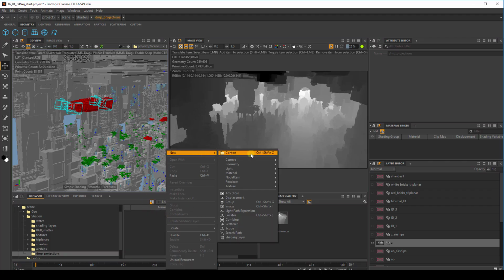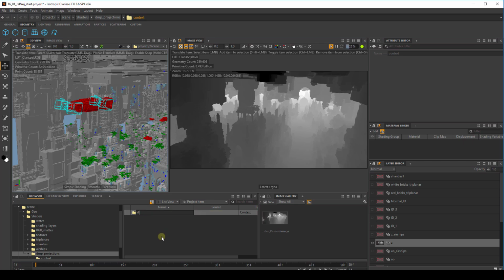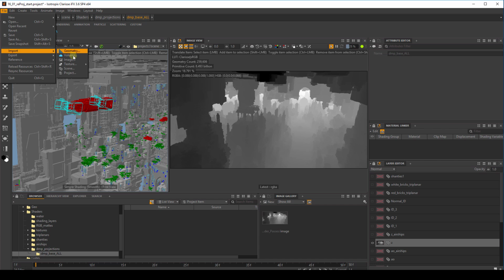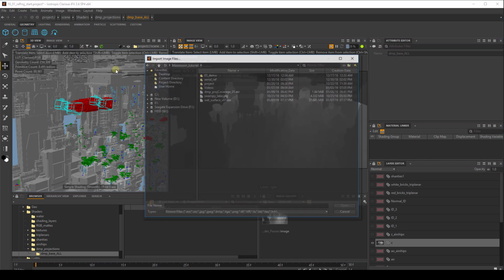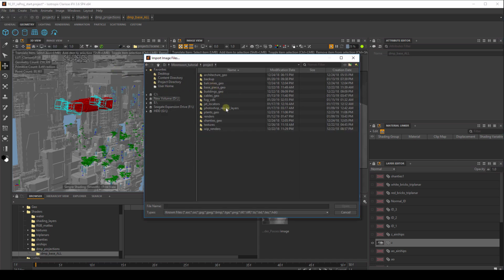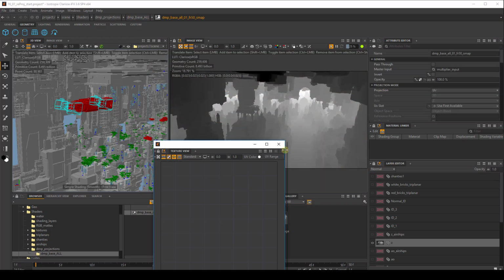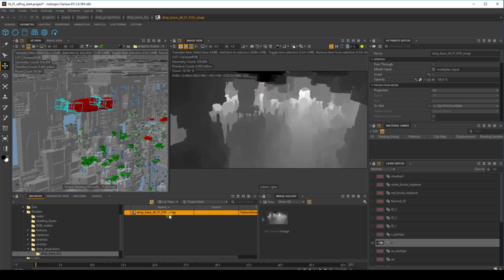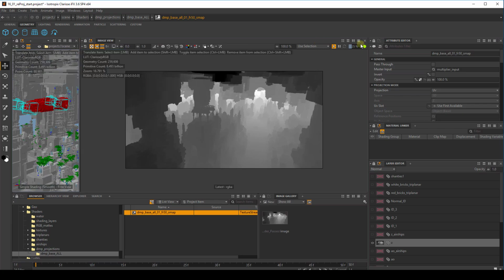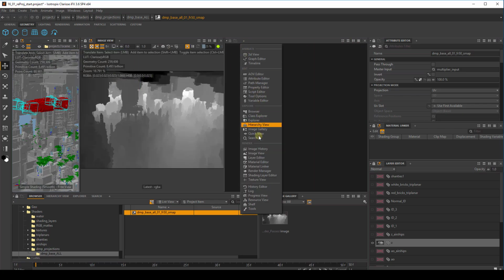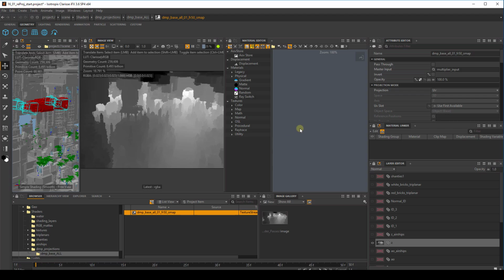And here I'll make a new context again, and I'll call this one DMP base all. And here let's go to File, import texture streaming map file, and let's just pick up the image that we've just got out of Photoshop. And here let's just add a material editor,